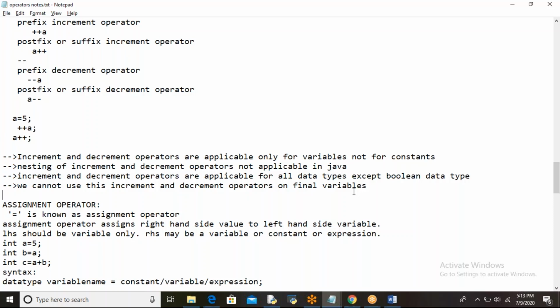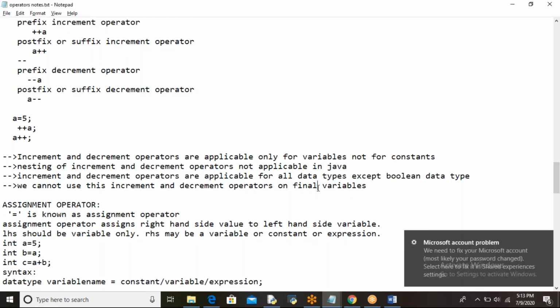Its value is fixed; once you store a value, you cannot change it. Since increment or decrement changes the value, that's not possible. So these are the points related to the increment and decrement operators we have seen already in the yesterday session.